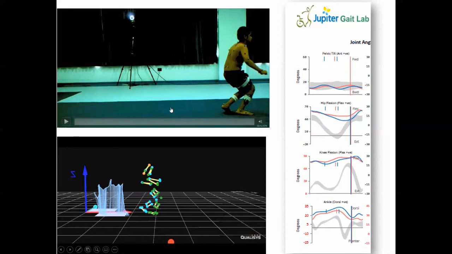If we look at the gait analysis, if the knee flexion in stance is more than 30 degrees, then only the child qualifies for a crouch gait. If the knee flexion is 20, with the ankle being in neutral or little dorsiflexion, it is not a crouch gait. So every child who walks with knees bent is not a crouch gait.